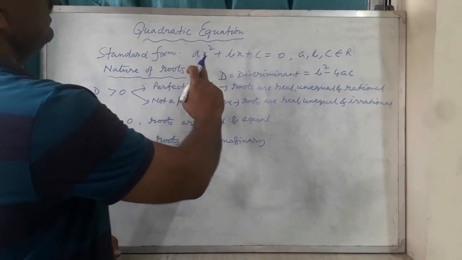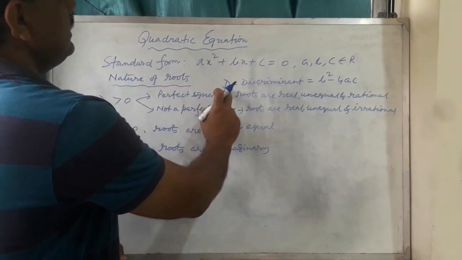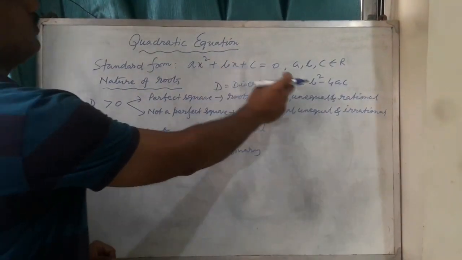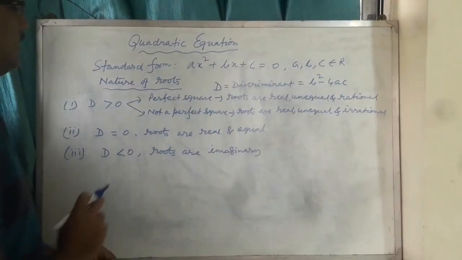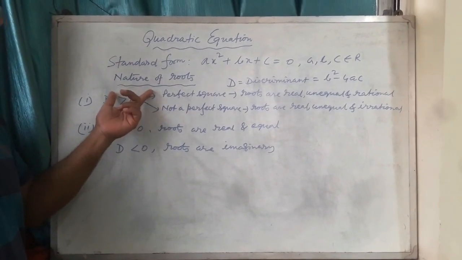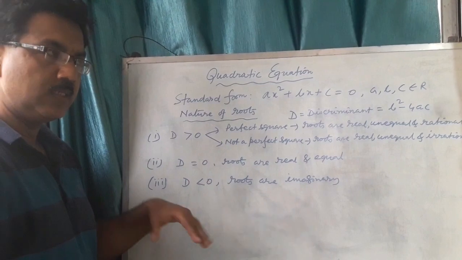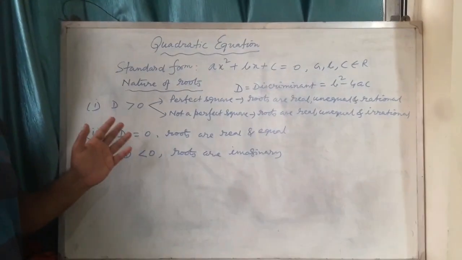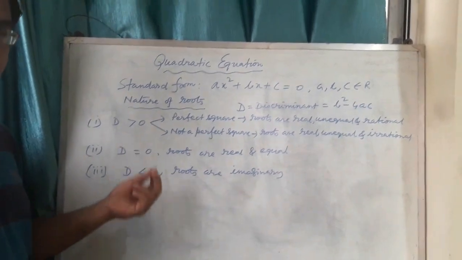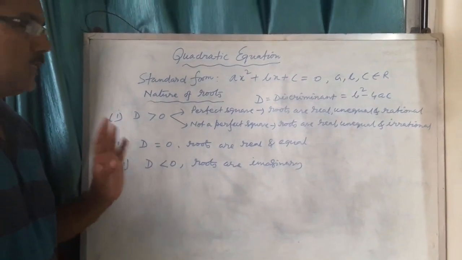Now you see again, D stands for discriminant, which is known as the heart of the equation also, whose value is b square minus 4ac. Now how to find the nature of roots? Sometimes without solving you have to detect the nature of roots. So how will we do that? First you have to find the value of D. Whatever equation is given, the value of D you have to detect first.